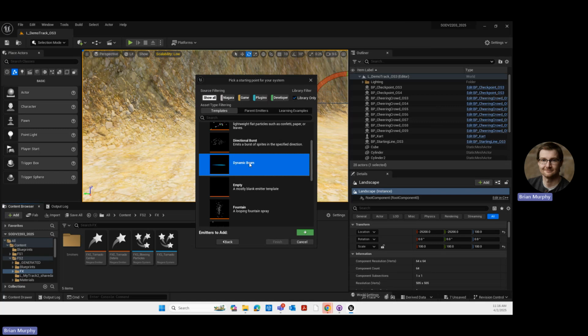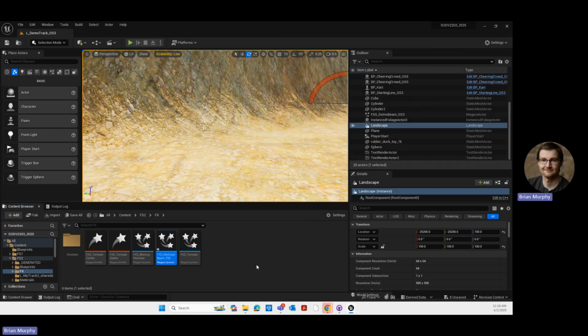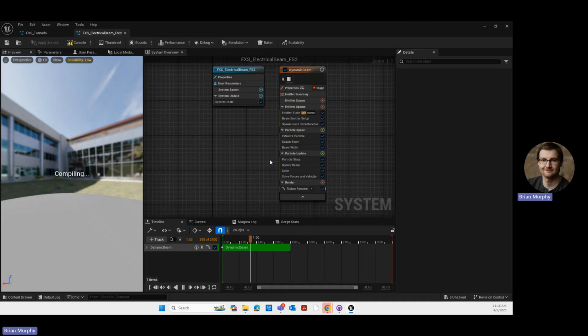So we have this dynamic beam right here. I'm going to select this. I'm going to add a dynamic beam to our system and just click Finish to start. I'll call this FXS electrical beam FS2. If I double click and open this up,